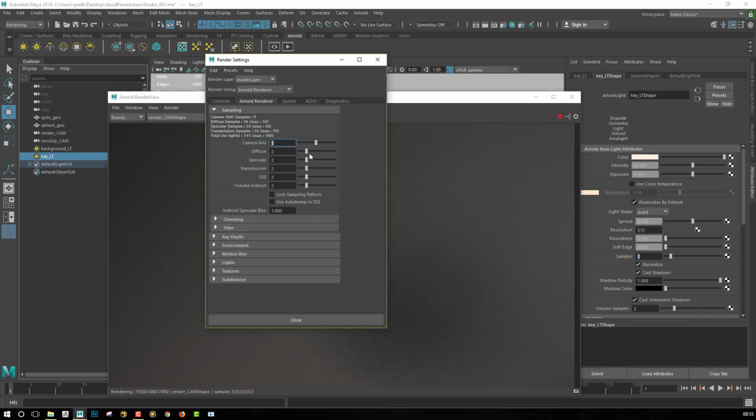Or if you want to adjust one of the AOV samples, and I will show you what the AOVs are in one of the next videos. If you want to adjust just one of the samples, for example the diffuse, or a parameter with which I'm playing a lot, the SSS parameter, because the more SSS, subsurface scattering, so light traveling through the surface, the more wax effect we want, the more SSS samples we will need in our scene.